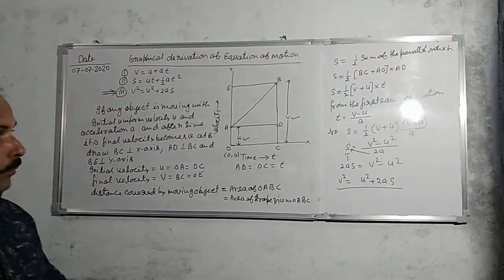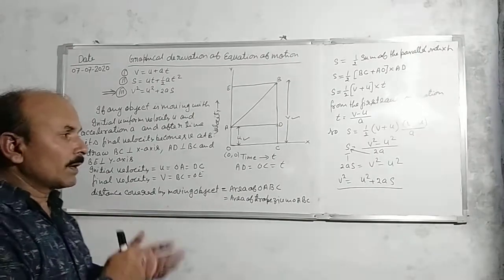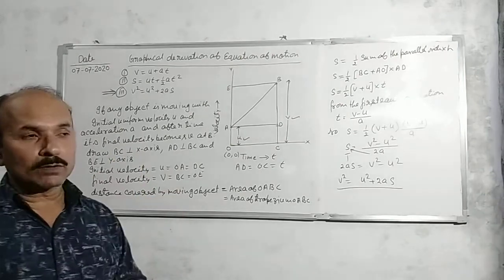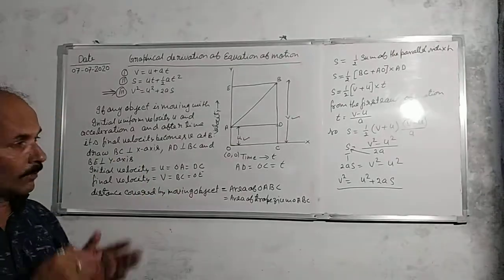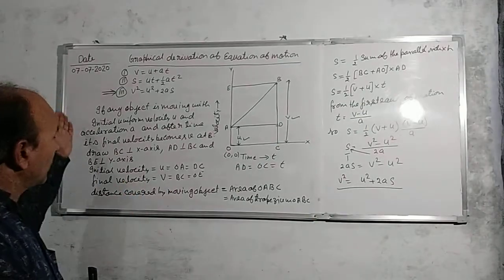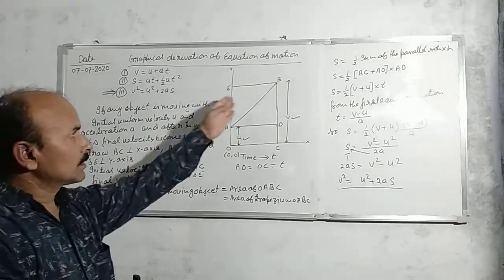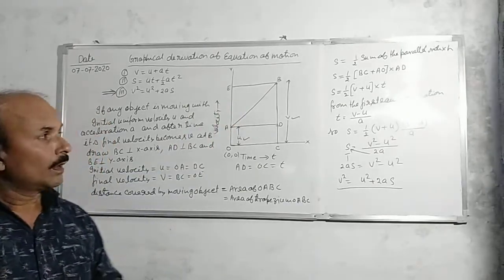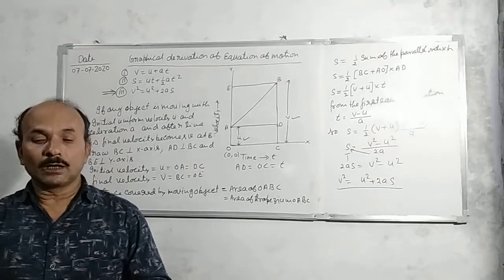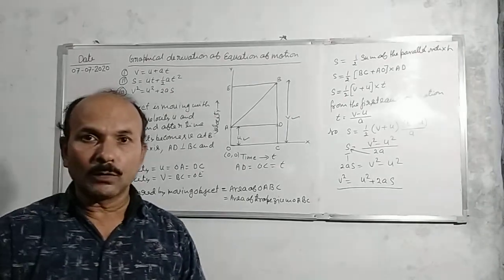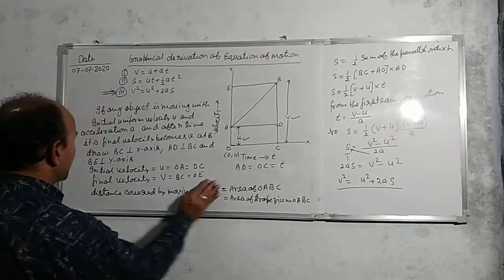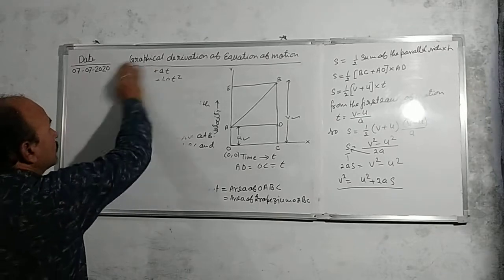So students, that is the derivation of the third equation of motion. If you watch it carefully, step by step, then you are able to derive the third equation of motion very easily and by a very simple process. There is no difficulty and no long statement. All the statements belong to the given diagram. And after that, the last topic left in this chapter is uniform circular motion. So today I will finish this topic also, uniform circular motion.